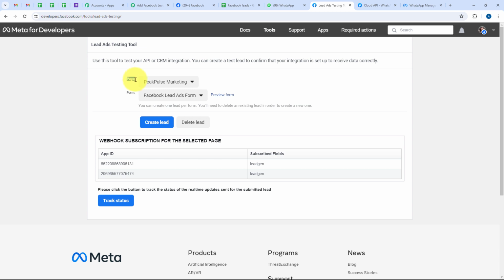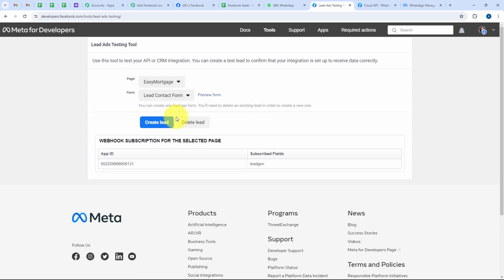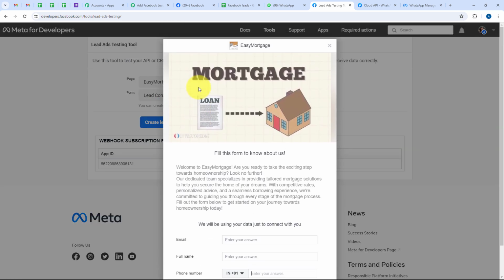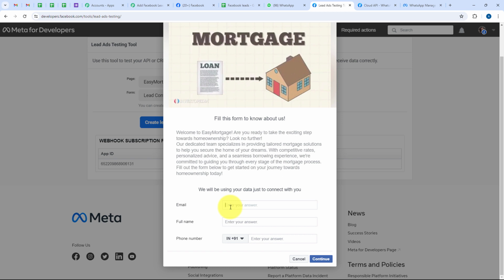And now we are going to select the page as easy mortgage. And for the form, we are going to select it as lead contact form. And then we are going to click on preview form. And again, we are going to do a test submission. So for the email, I'm going to keep it as